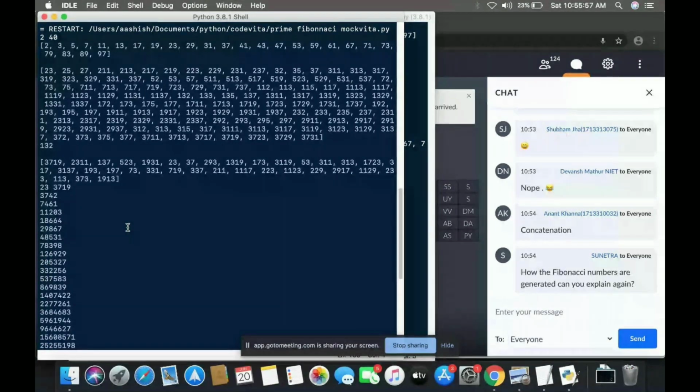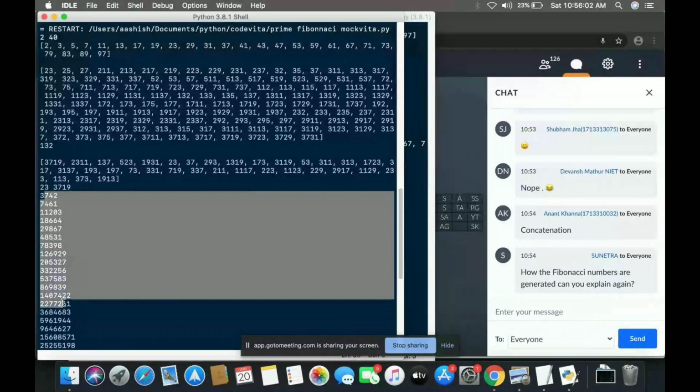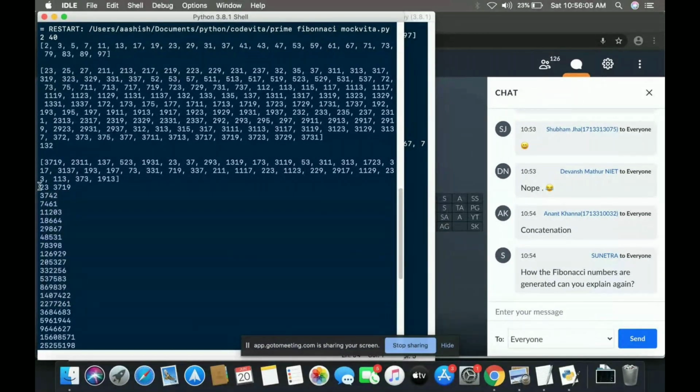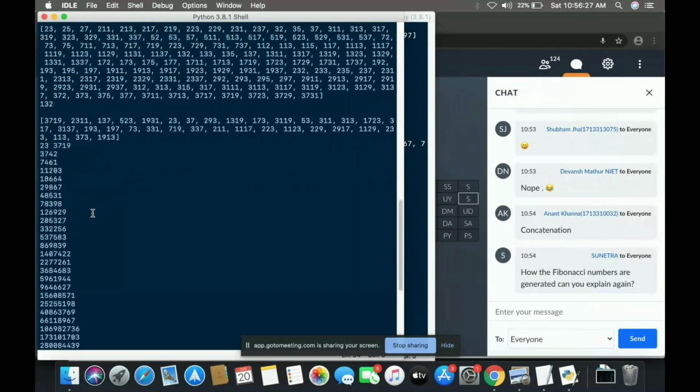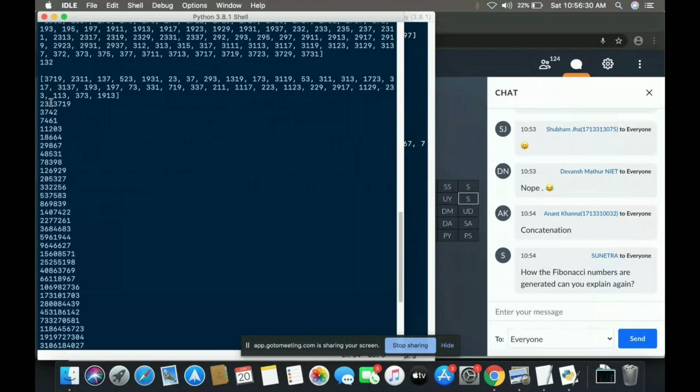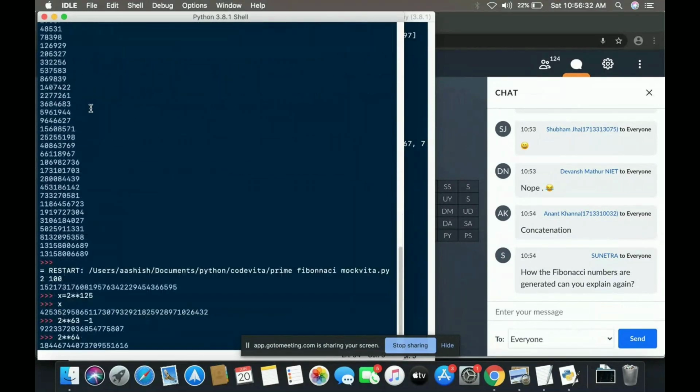Your question is, I'm having these two numbers, so how is this series generated, right? Yes, sir. Okay, so my first term is 23, and the second term is 3719. My third term becomes the addition of these two terms. Similarly, my next term becomes the addition of this number and this number. You have to produce 34 numbers with these two numbers, right? Yeah, I have to produce 34 numbers with two numbers. Okay.